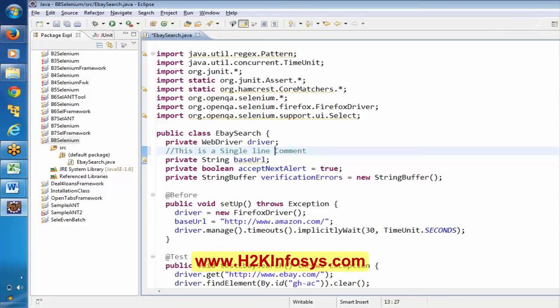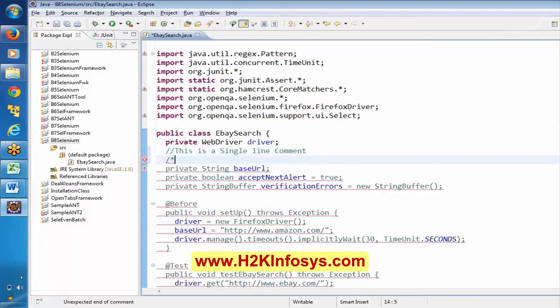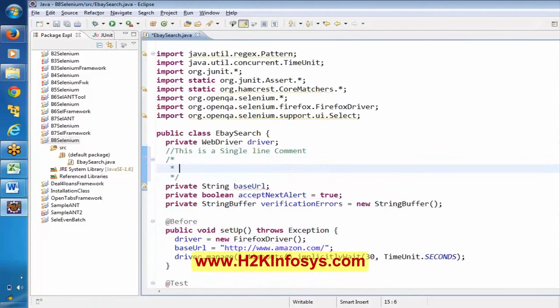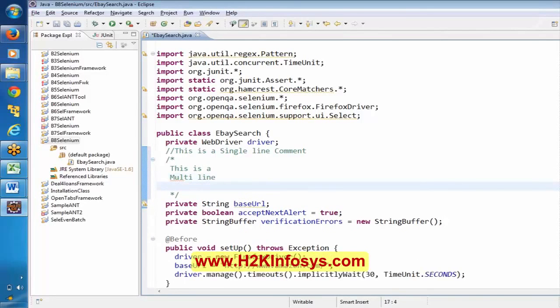In a similar way you can mention multi-line comments too. For that use /*, and here let me say this is a multi-line comment.